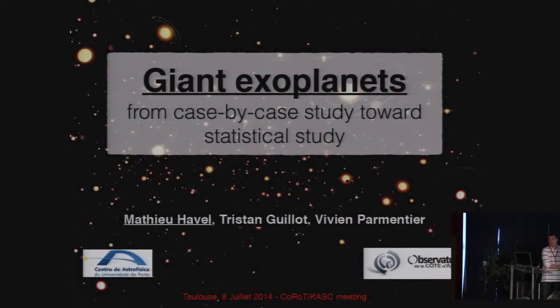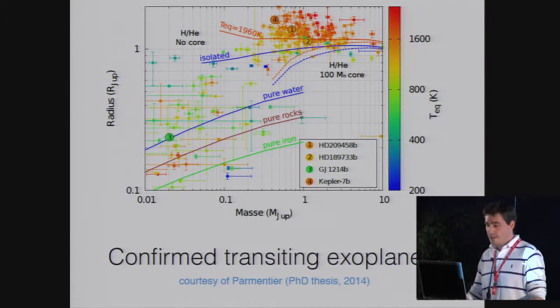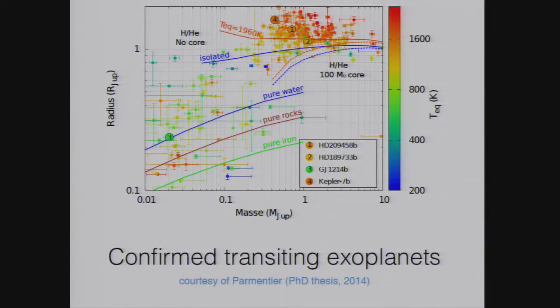Hello everyone. I'm going to talk about giant planets and give you a picture of how to derive the bulk composition of a planet and what the results are for a large sample. So let me start with this classical mass-radius diagram, on which you see all the confirmed